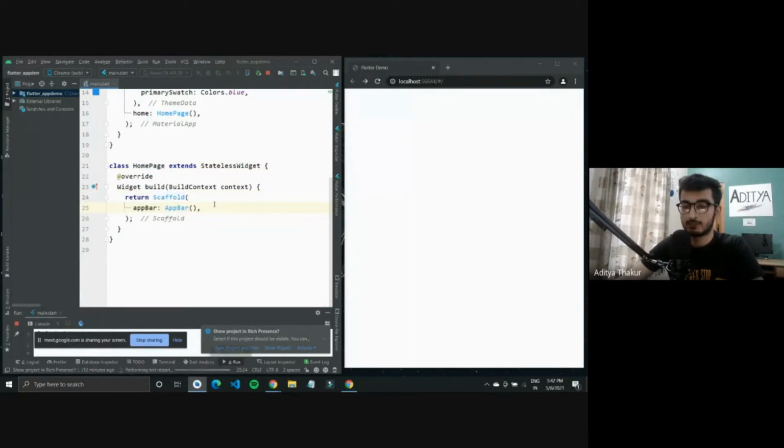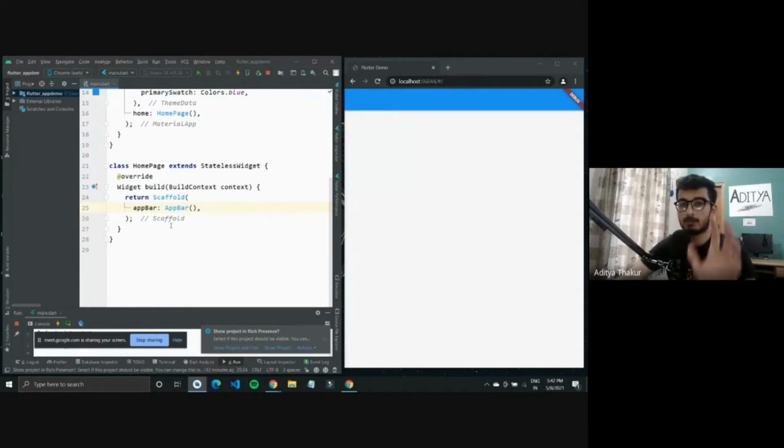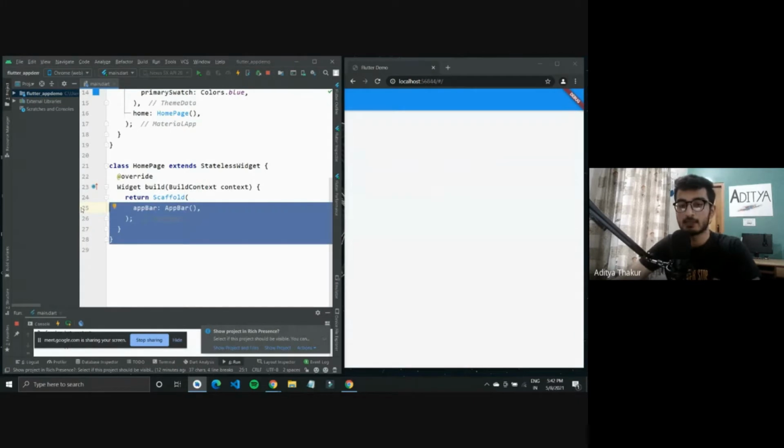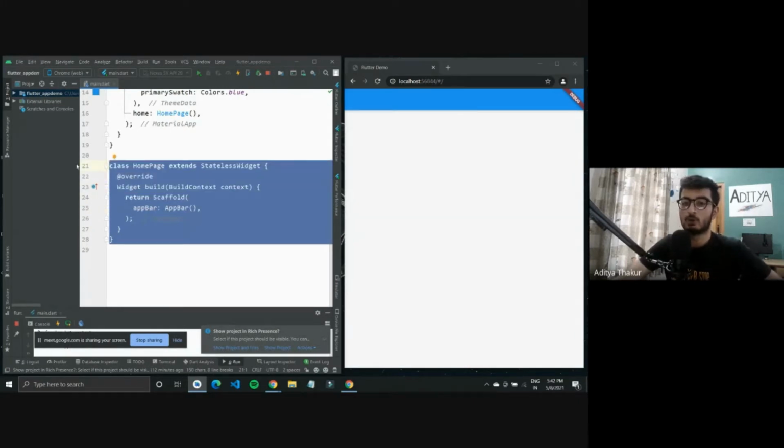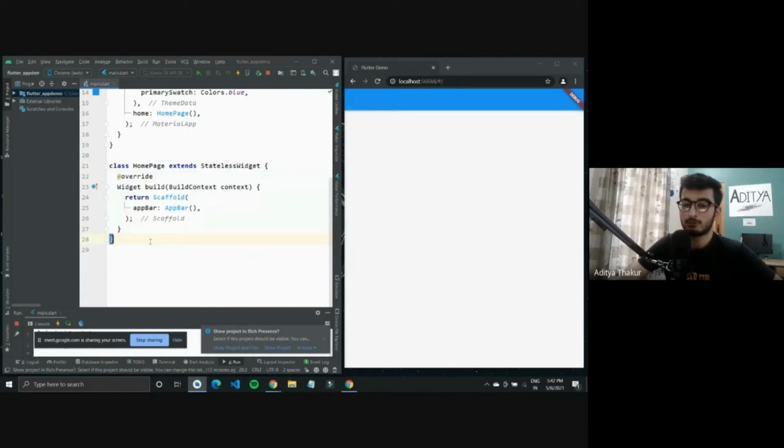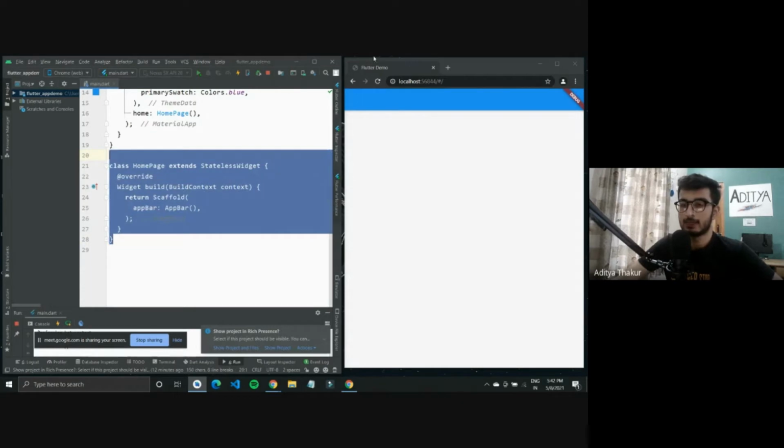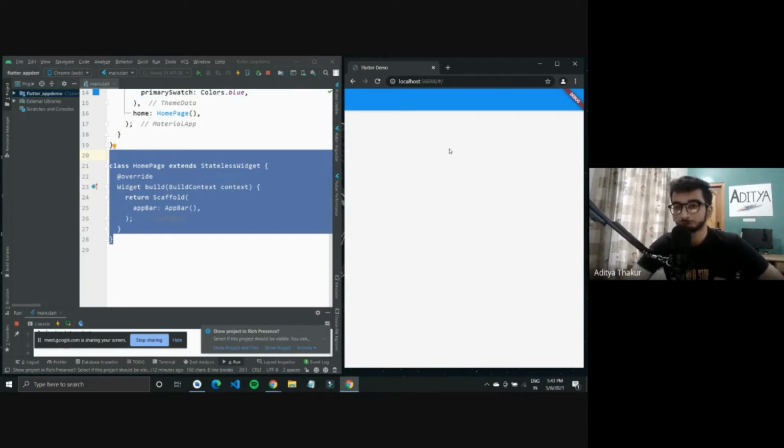Now if I just hot reload it, so what I did was I pressed Control plus S. You can even go over here and do a hot reload. So this is the fast development that Flutter promises. As you write your code inside your IDE, you can see the changes happen quickly inside your emulator, or if you are working with web then you can see the changes on web.